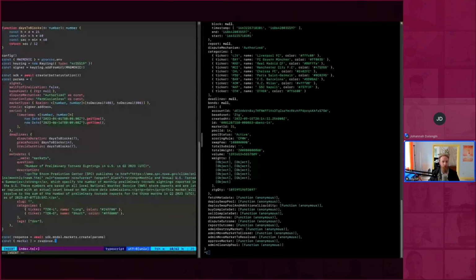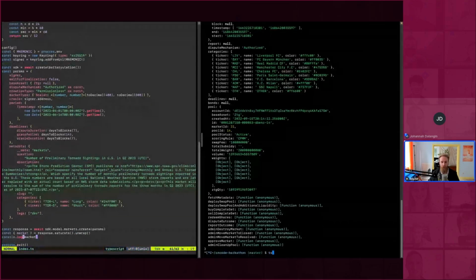You just have to pull some info from the response, that's done using the saturate, and then you've got to unwrap the whole thing again for reasons, and we'll just print the market that it returns for us. And let's hope that works out.